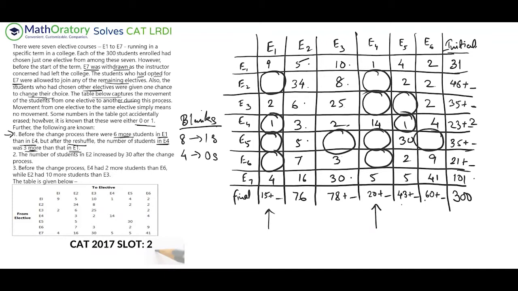Now there is a problem. We don't know how many are these, right? But let me explain one idea in 2 different ways. I hope the first way itself will be sufficient, but I will give you an algebraic way to understand this. What we know is the E4 total has to be 3 more. That is what is written. So let me just take off this underline. Now I hope you can read this. E4 was 3 more than in E1, right? So this total is 3 more than this total. That is how you can interpret it visually, right?